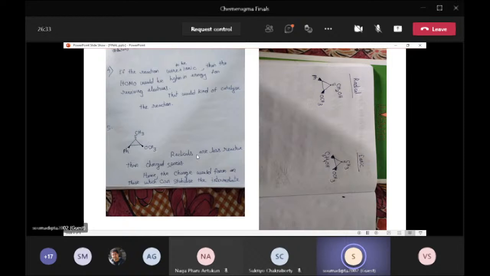Now for predicting the product of these reactions, we can predict in such a way that radicals are less reactive than charged species. Hence, the charge formed on this can stabilize the intermediate. So the charge will form on such kind of